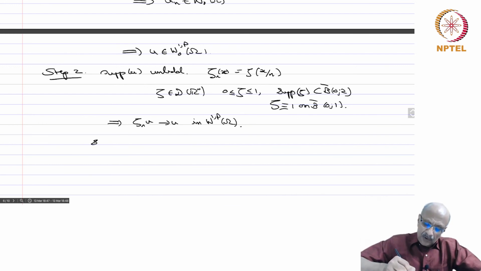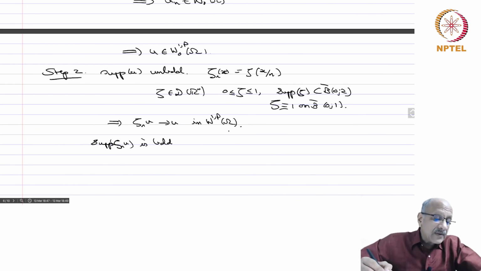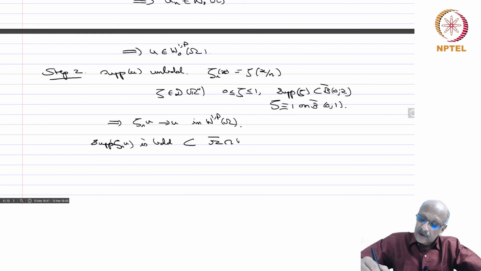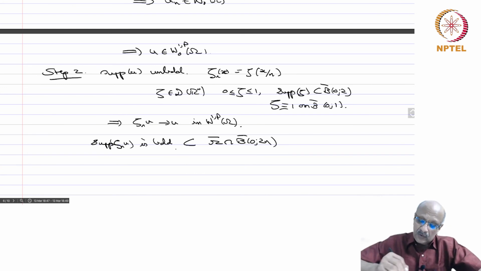Now support of zeta n u is bounded, and in fact it is contained in omega closure intersection B(0, 2n), because support of zeta itself is there. So zeta n has support in B(0, 2n), so this is bounded, and by step 1